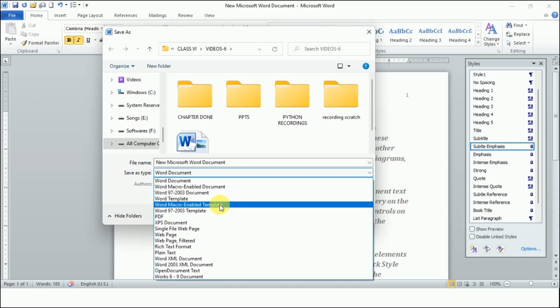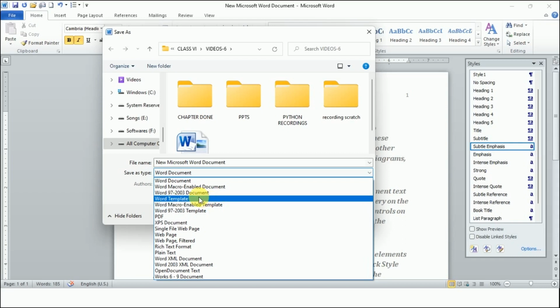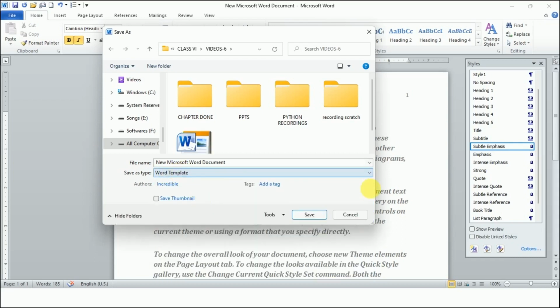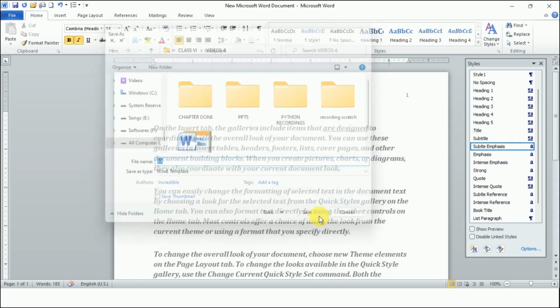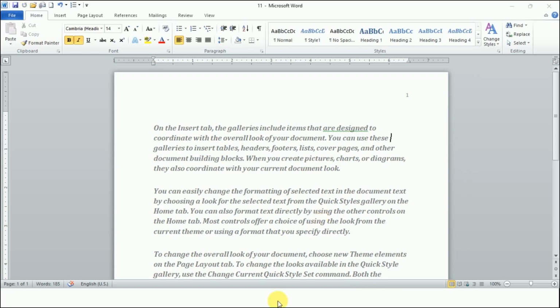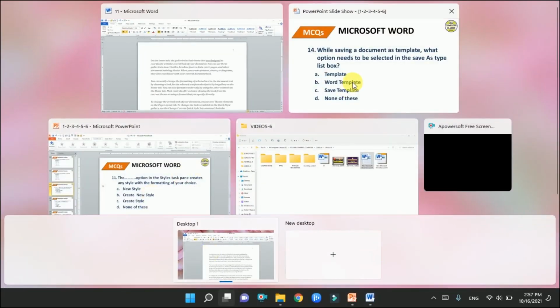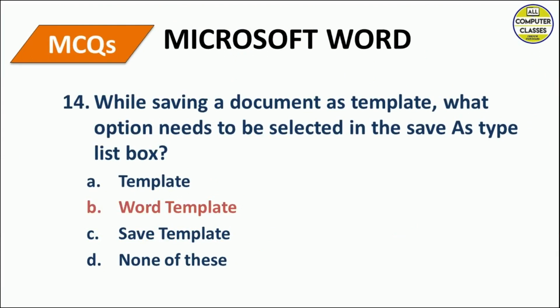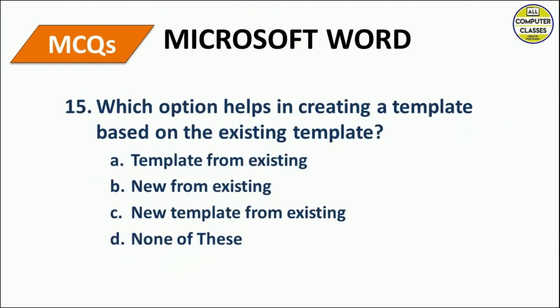It is not a macro, so we will save it only as a Word template, right? So this is the option, we will save it. Now this is saved as a template, right? So the answer was Word template.